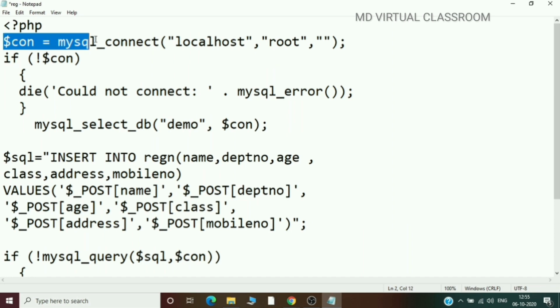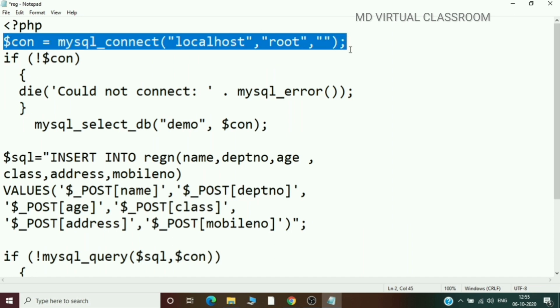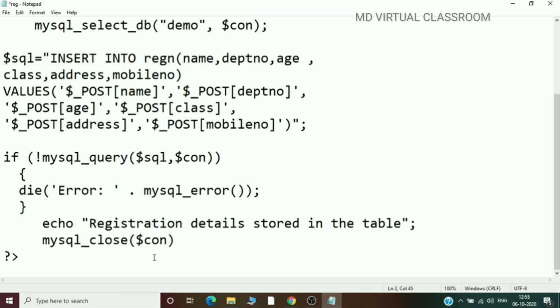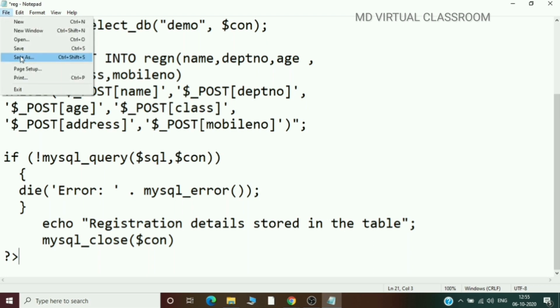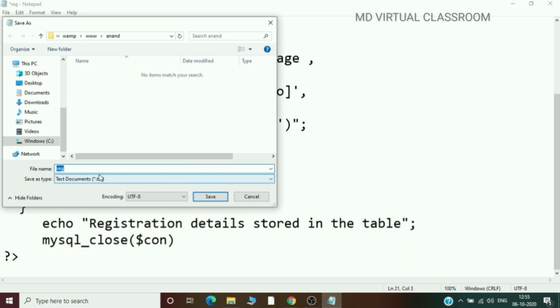In the second line, you established the connection using the WAMP server, username, and password, and the same connection can be closed. mysql_close of $connection means the connection established in the second line is closed by this function. Then the closing tag or close delimiter for PHP, question mark greater than symbol. So now you save this particular file as registration.php,